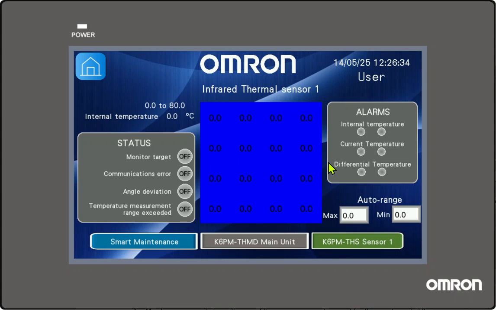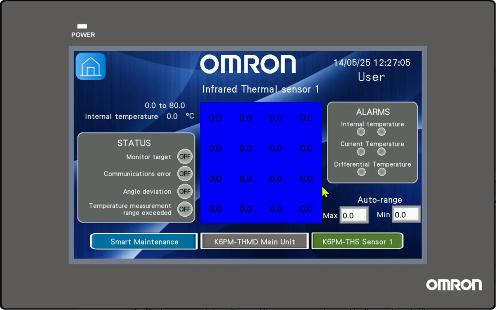At the central part, I added also a grid of the segments of the sensor to display the temperature detected by the sensor, and with color information related to the temperature. So if the temperature is very low, it would show a blue color, but if it is very high, it will show the red color.